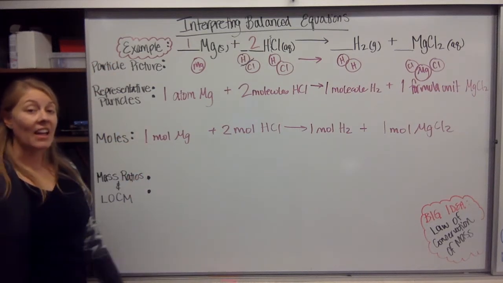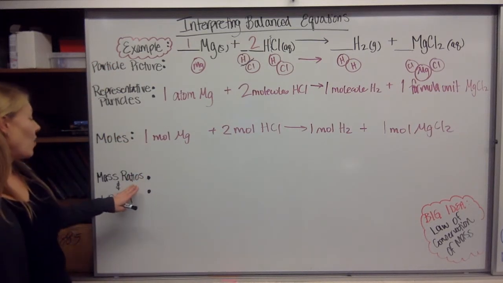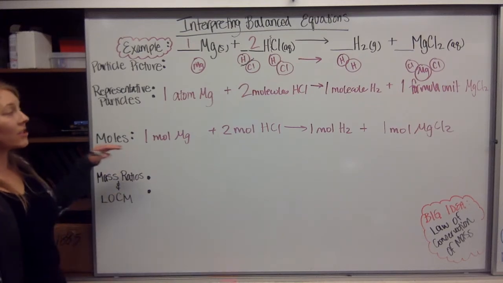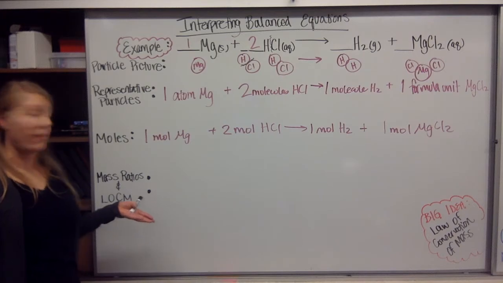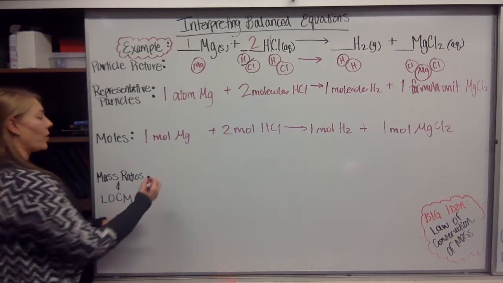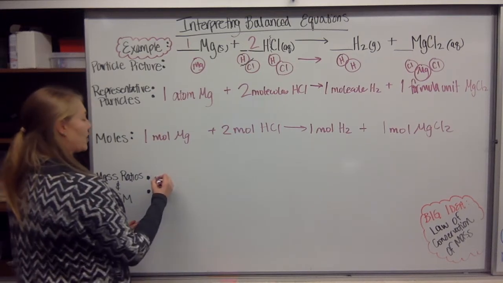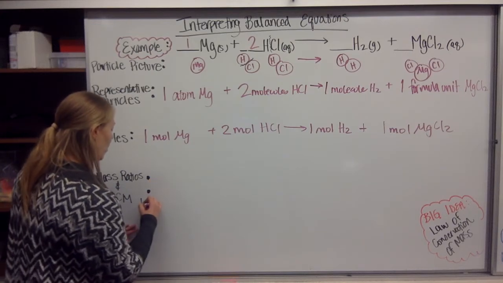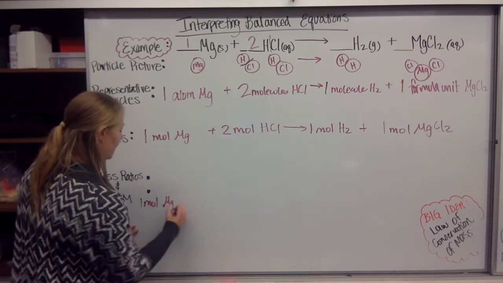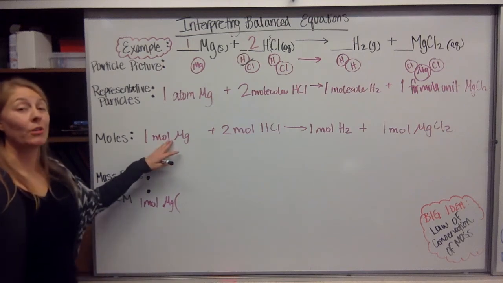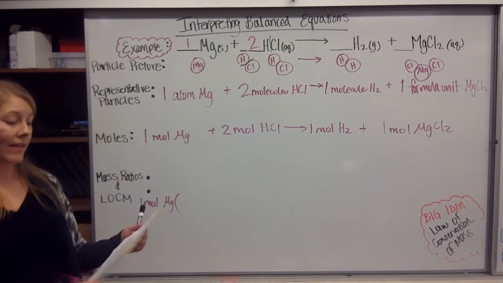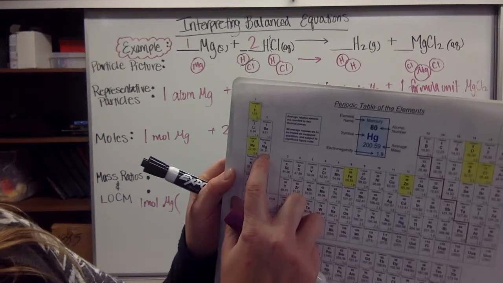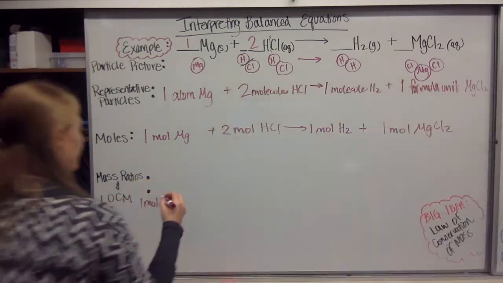All right, so that's it for those 3. Pretty easy. Now the last thing is we actually want to know what the mass ratio is, not just the moles, not just the representative particles. We're going to use the molar mass to figure this out. So what we're going to do is take our basic structure here, 1 mole of magnesium, and then plug in the molar mass for each of these to actually cancel out those moles. So magnesium, right here, 24.31